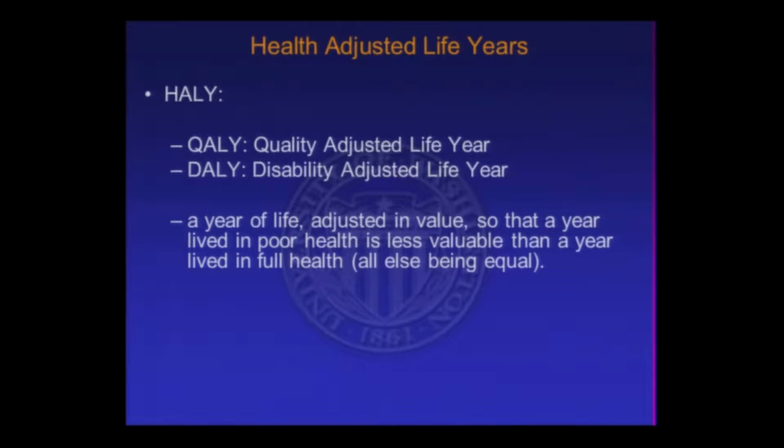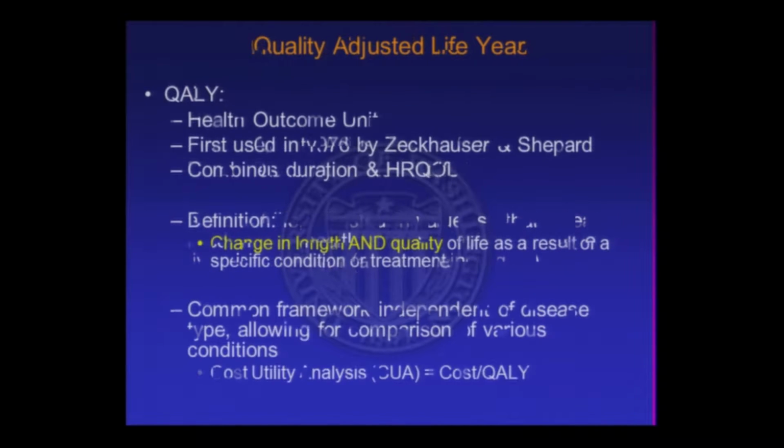So looking at developing countries or whatever, looking at the effect of a certain disease on health and the longevity of patients. So basically, it's an adjustment of a year in life based on the quality of that life. So the better the quality, the more that the year is worth. And these are extremely important, as you'll see in some of the lectures coming up, particularly the QALYs, in determining how useful our interventions are and how cost-effective our interventions are.